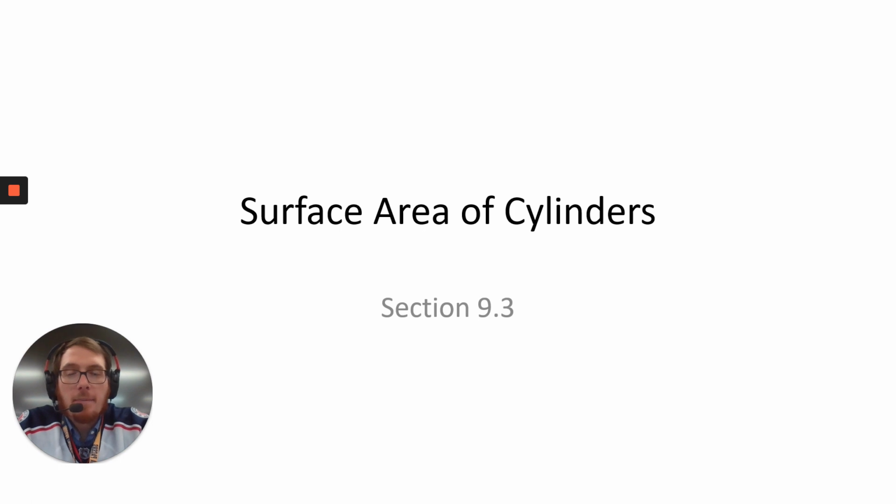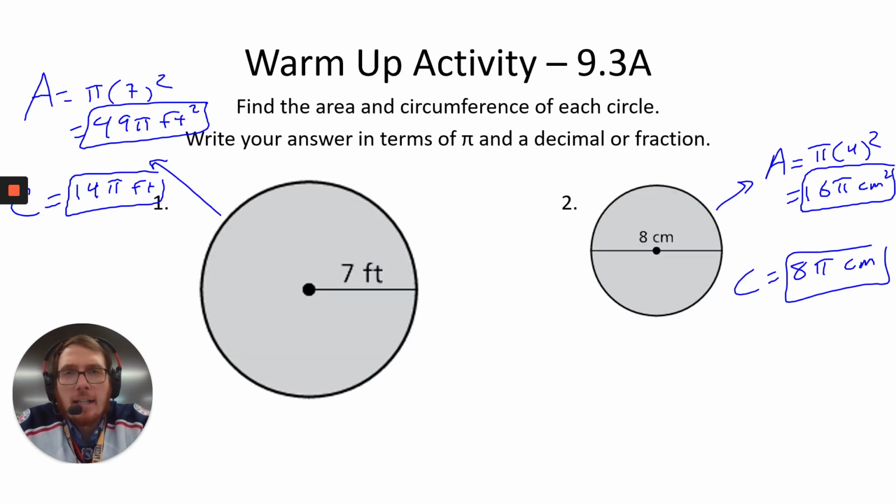The past couple days we've been looking at the surface area of prisms, which is a bunch of rectangles and then two bases on the two ends. Today is basically just a glorified prism, known as a cylinder, because it has circle bases as opposed to some type of polygon base. In order to be successful on questions like that, we have to be able to deal